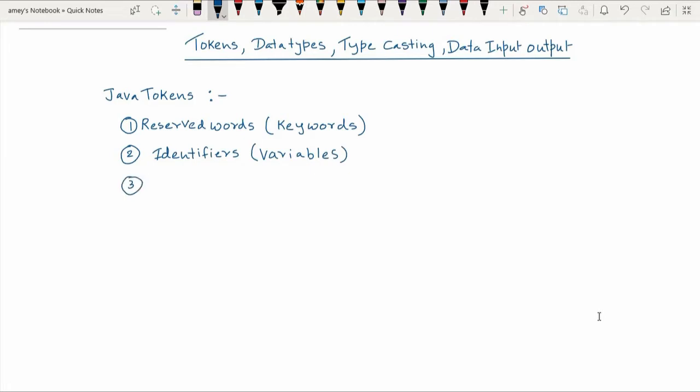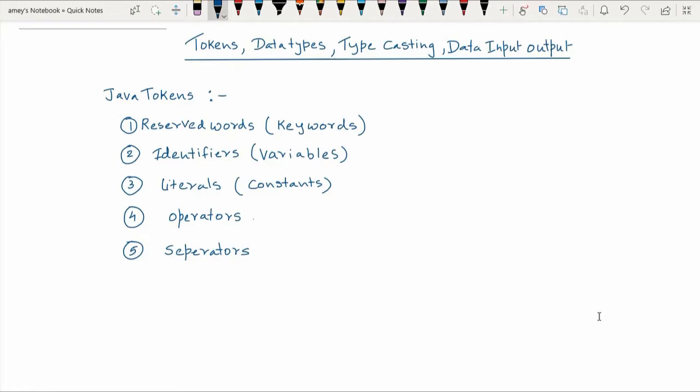You have literals, and they can be called constants. You have operators, and operators work on different identifiers. And finally we have separators, which are sometimes also referred to as delimiters and so on, right?